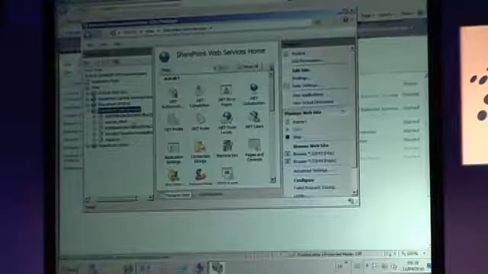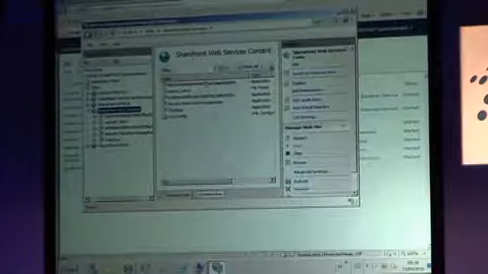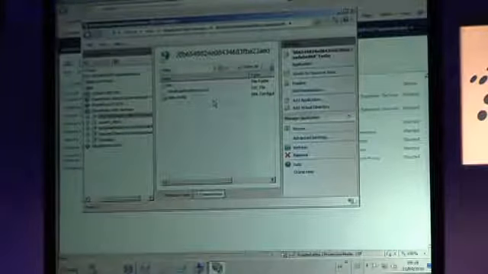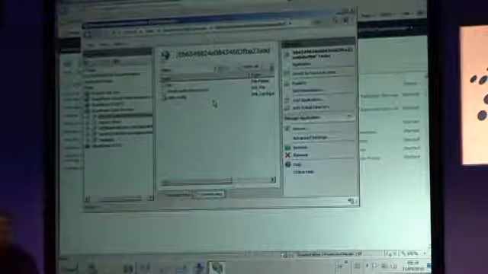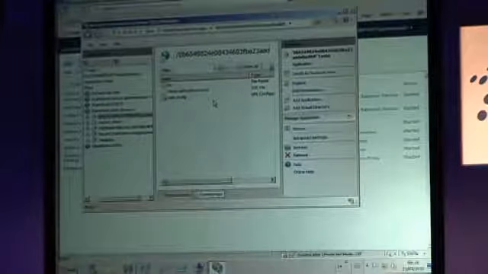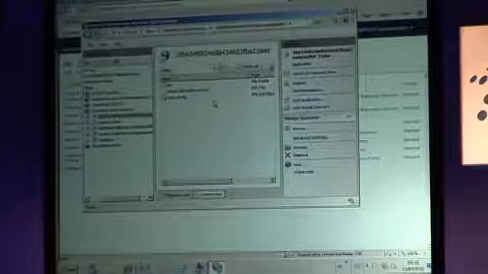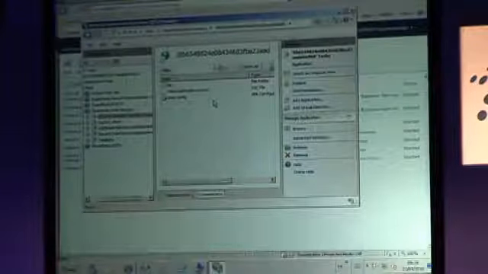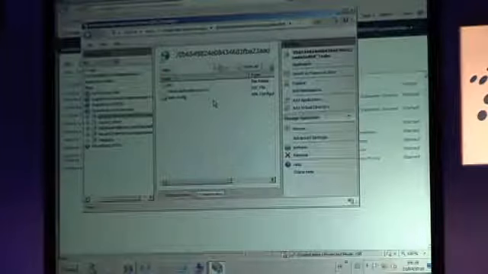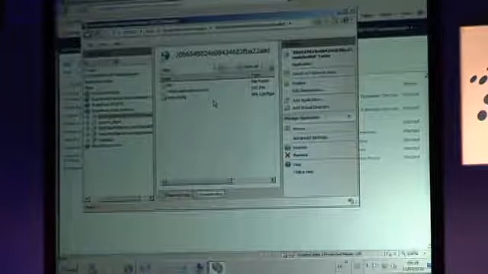Okay, good. So now you can see that we have another application in here with another memorable name. And there's our Visio graphic service component. So that's the endpoint. That's the service application endpoint that clients will call, or the proxy will call. So you won't have these on every machine in the farm. You'll only have this on the machine where you've started the service instance.